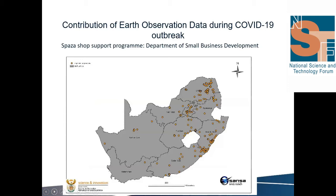So this is one of the layers, or a service which was new, developed to assist the department during COVID-19. The points that we are seeing represent those spaza shops which were supported, but only up to June. If we look at what is done now, there will be more points on the map than what we have now. So this information was useful, and is useful now during the pandemic, to make sure that the spaza shop owners are supported, but also the information can be used in the future by the department when they're looking